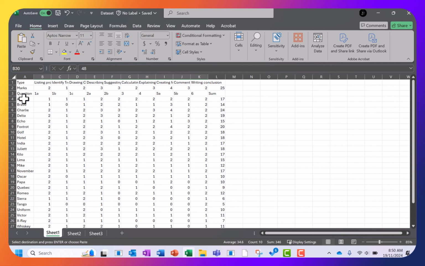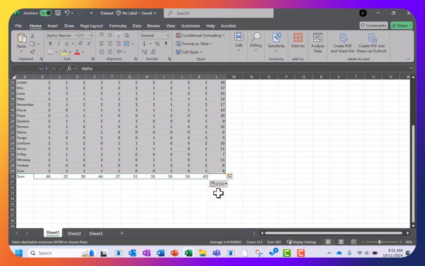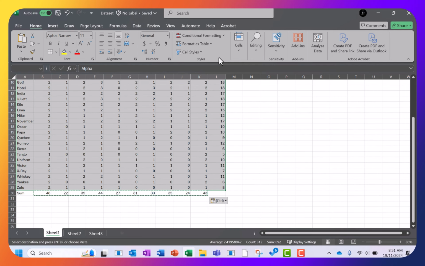So let's figure out which student did the best, which student did the worst. All right, you could probably read off, but let's actually order them. So what I'm going to do is I'm going to click on our topmost student here, alpha, and all the way to the bottom right, including this sum column, down at Zulu. And then I'm going to go to,